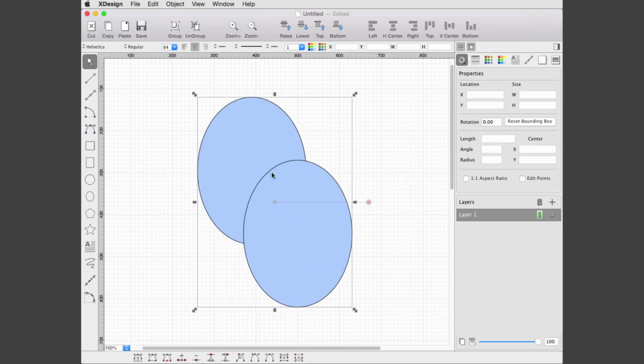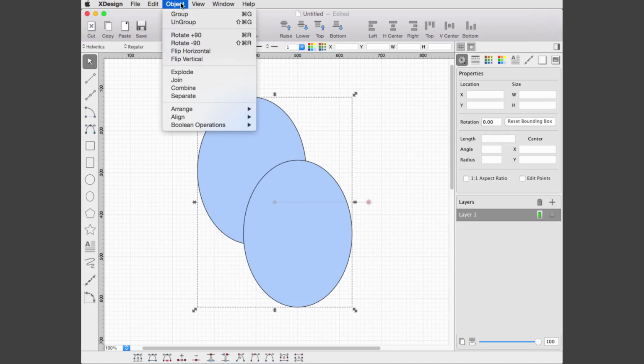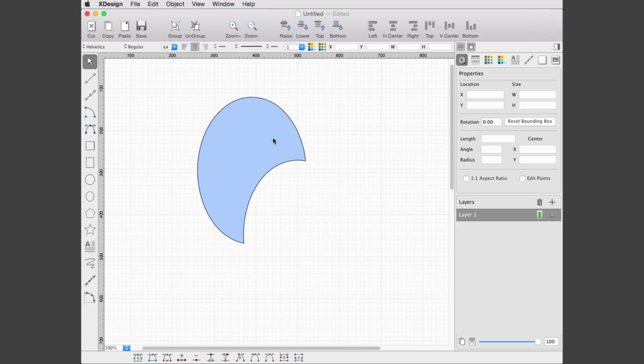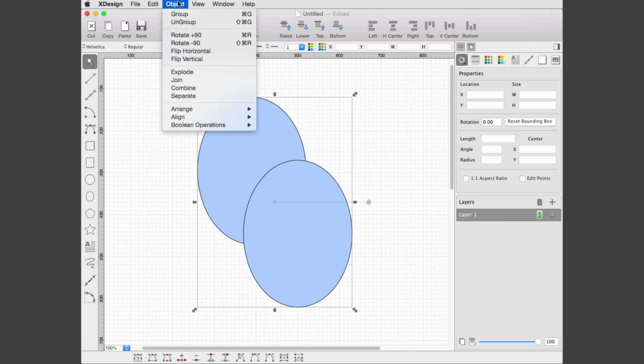Subtract removes the overlapping portion of the first object by the second object. Exclude removes the part of the two objects which are overlapping.